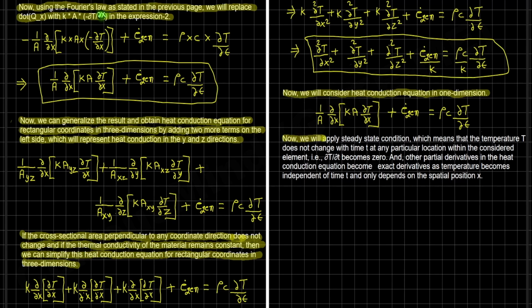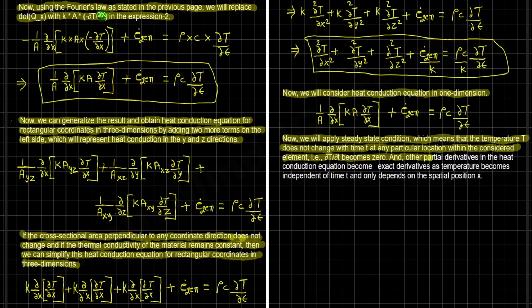Now we will apply the steady state condition, which means that the temperature T does not change with time at any particular location within the considered element, that is, del T divided by del t becomes 0,